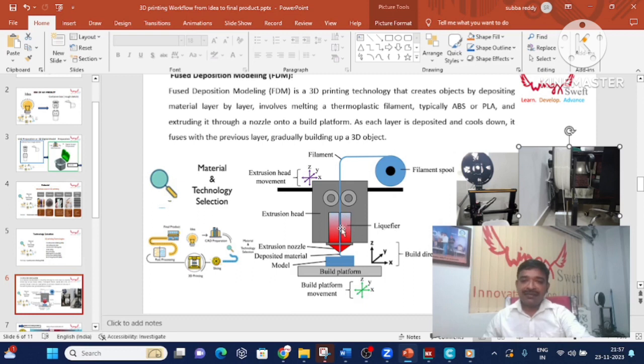liquid state. This is the liquefier. Here the material will be liquefied. PLA has a 240 degree melting point, so in the program we will set it as 240 degrees centigrade. So automatically when this filament reaches the nozzle, it will be liquefied from solid form to liquid form. Then through the nozzle